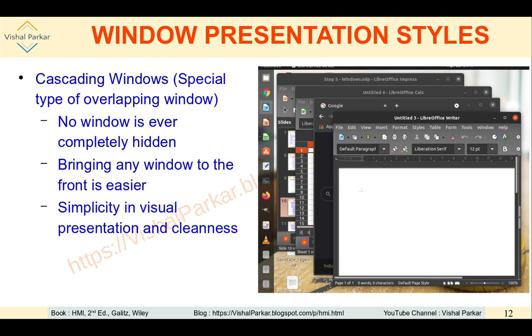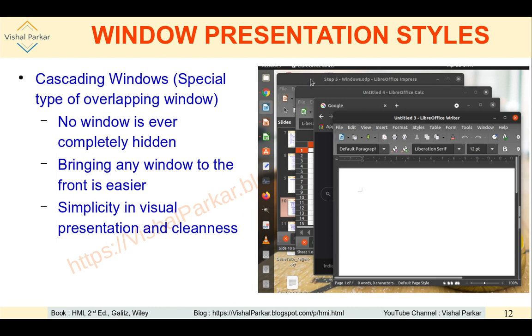The third presentation style is cascading windows, which is shown here. This is a special type of overlapping window itself, wherein all windows are seen. So no window is ever completely hidden. And that is why bringing any window to the top of the screen, I mean the front of the screen, is very easy.